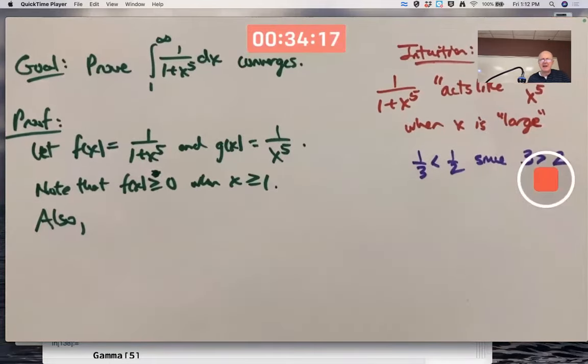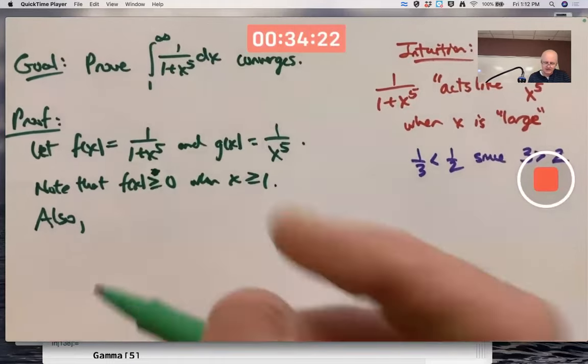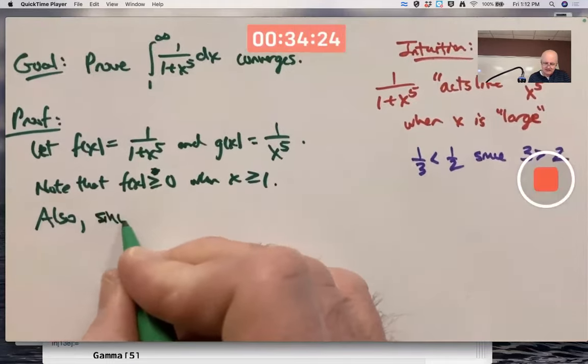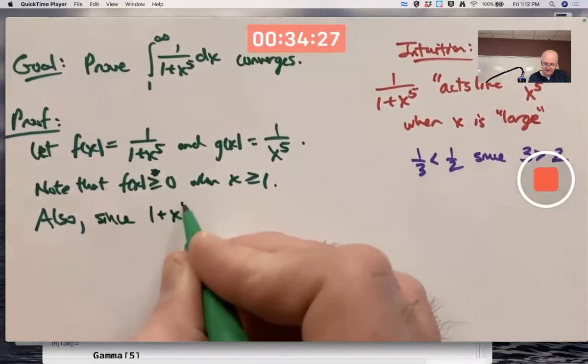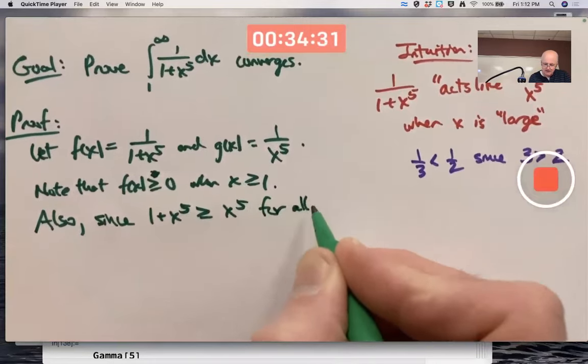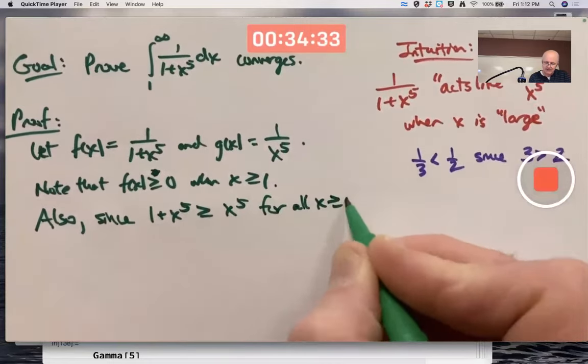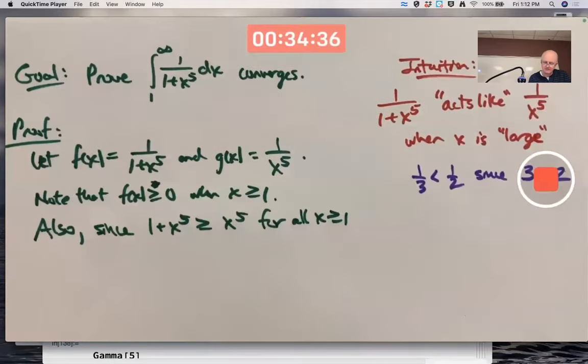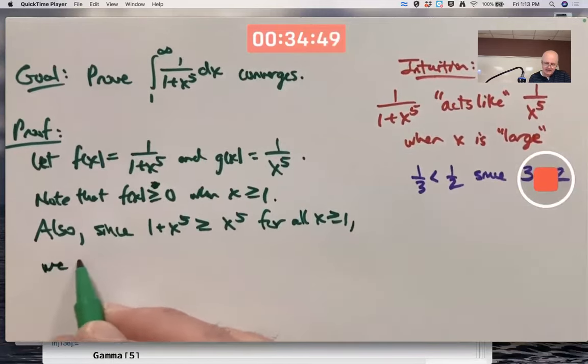Should we give a reason for that? It's probably worth focusing on the bottoms of the fractions first. Also, since 1 plus x to the 5th is greater than or equal to x to the 5th for all x greater than or equal to 1. I'm picking 1 here because that's the lower limit of the integral. But that would be true even if x were negative or close to 0. But these are positive, so we can say